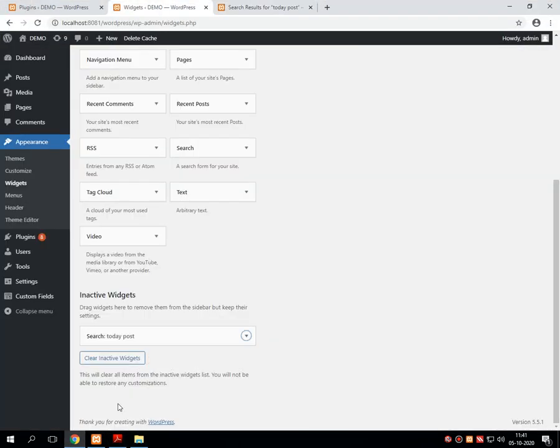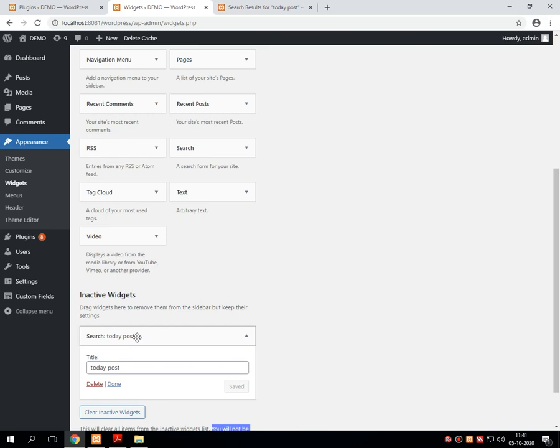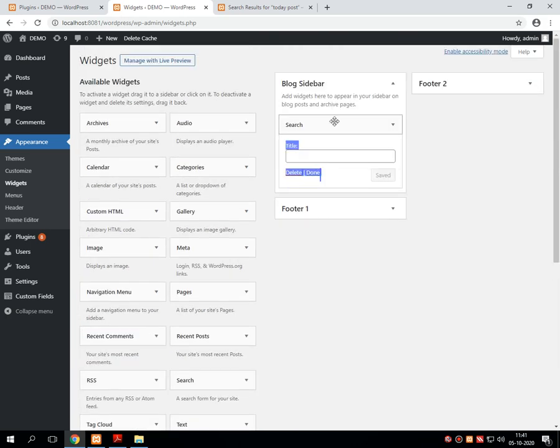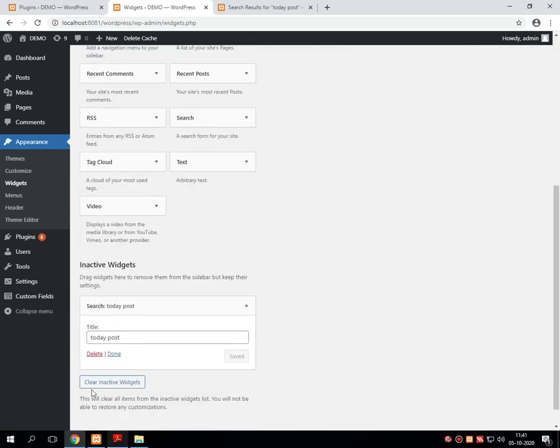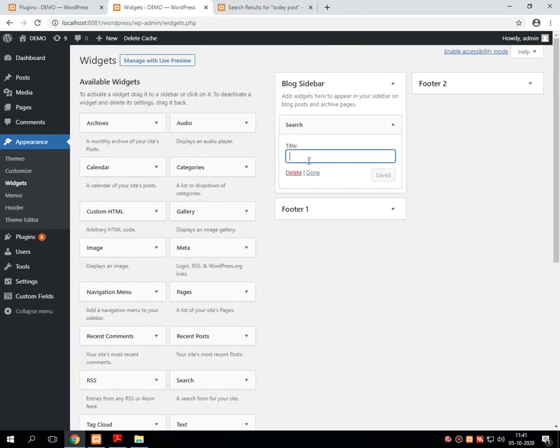missing over here. This will clear all items from inactive widgets. You will not be able to restore any customization. Search title. Let me put this particular title over here and let's save.